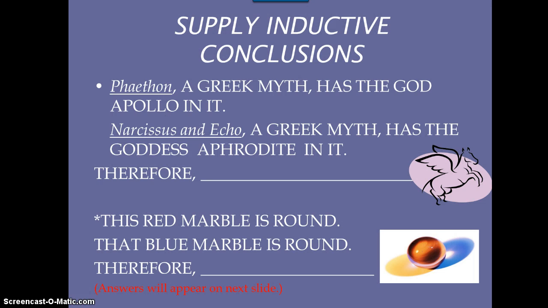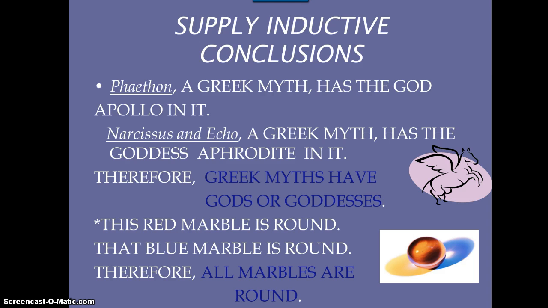So Pantheon, a Greek myth, has the god Apollo in it. Narcissus and Echo, a Greek myth, has the goddess Aphrodite in it. So what inductive conclusion could you make? Think about that, write it down or keep it in mind. This red marble is round, that blue marble is round, therefore,